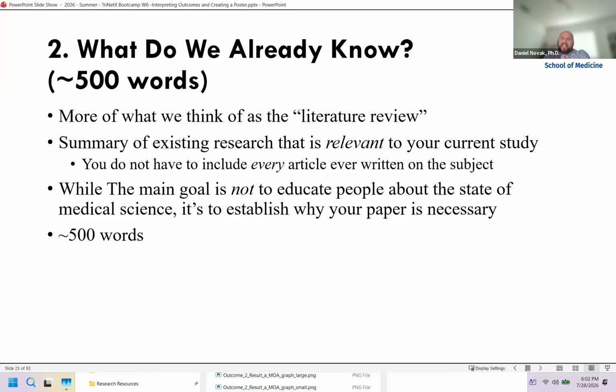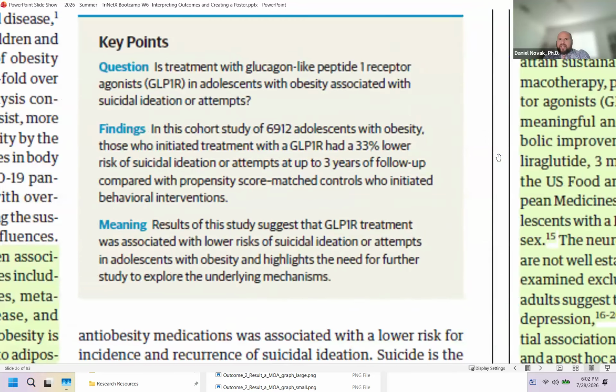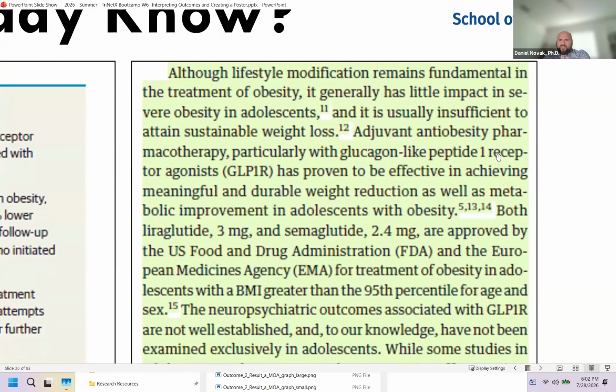So I'm going to reiterate that. And you got 500 words for it. This study does a really economical job. You can see here, I just want to zoom in on this because this is something I see as a common problem when people are writing up their TriNetX studies, or even just when medical student beginners are doing it,